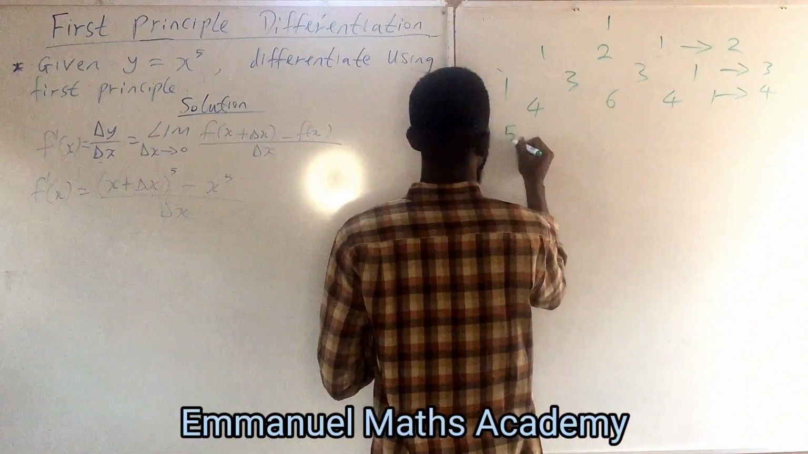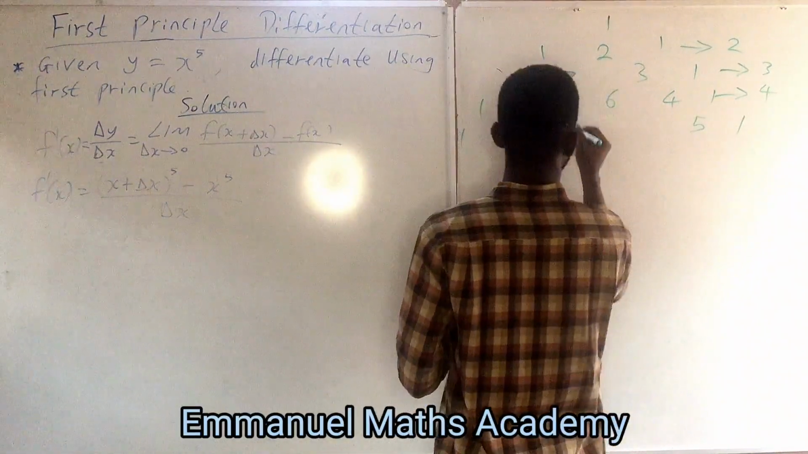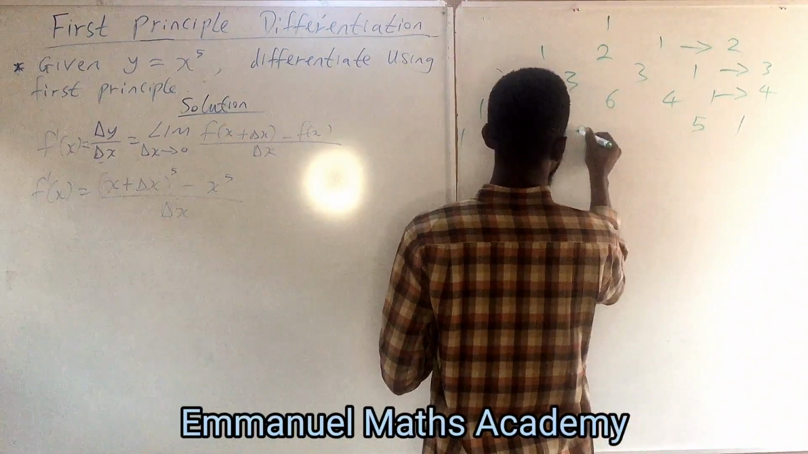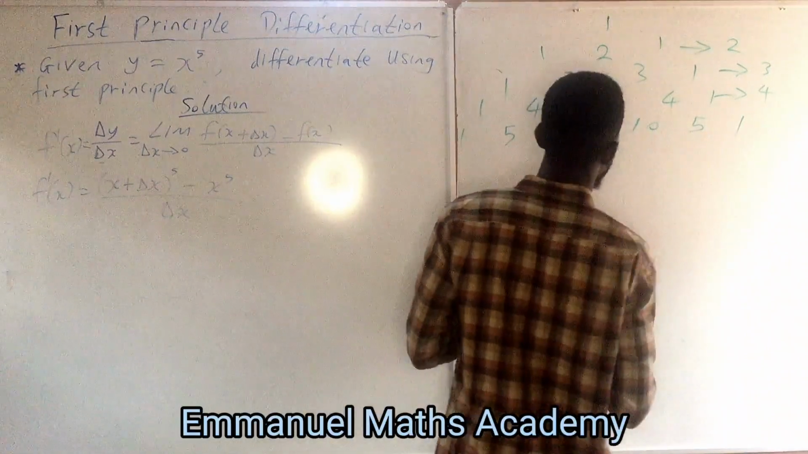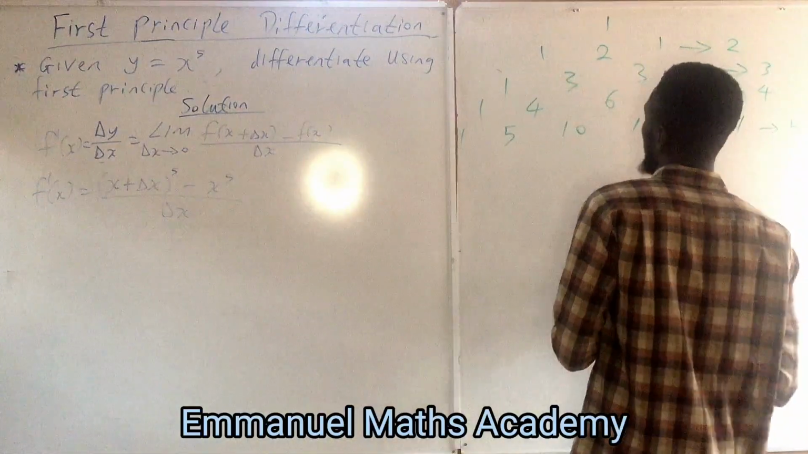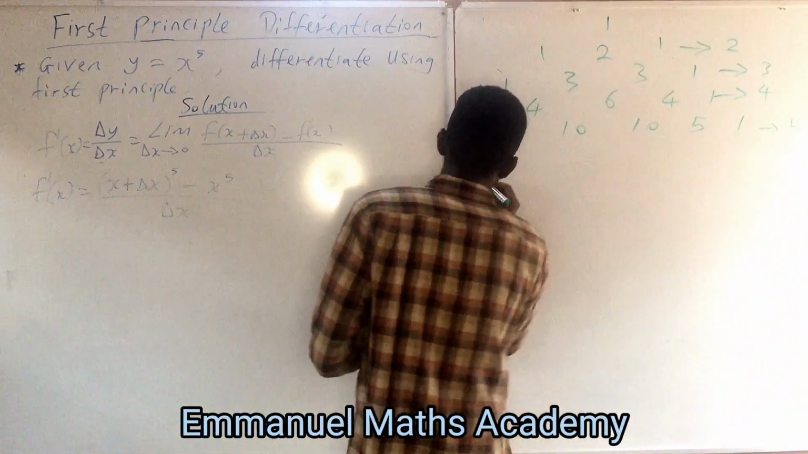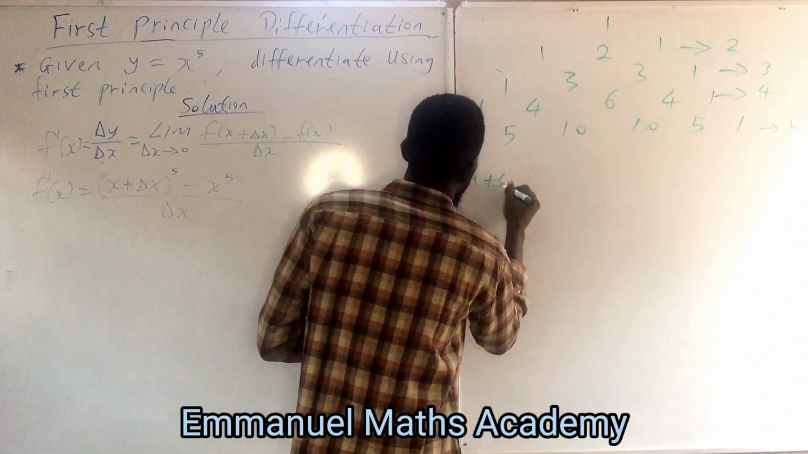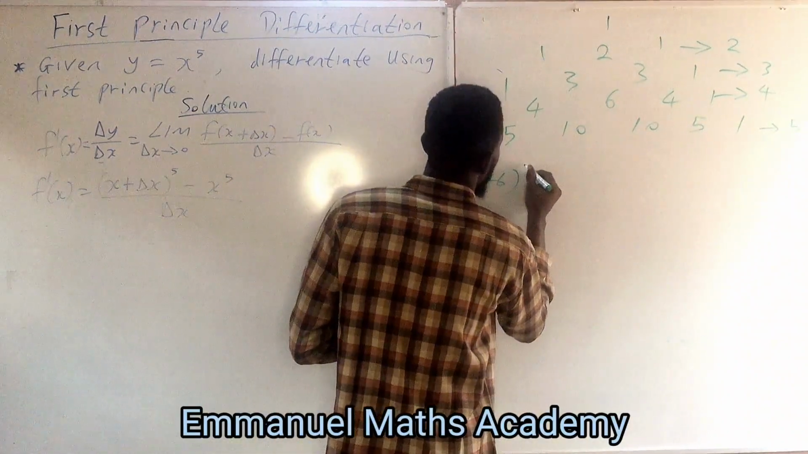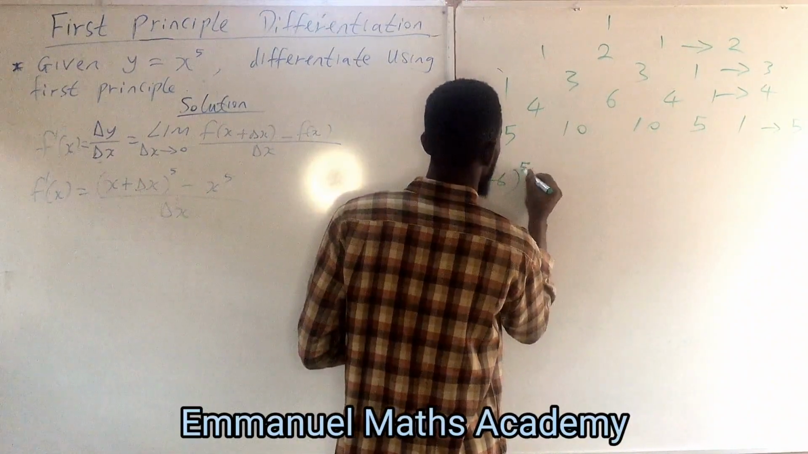For raised to power 4, you add 1, 1. Then for this you have 5. You add 1, 1. This you have 5. This you have 10. This you have 10. Is that clear? This is for raised to power 5, n equal to 5. Now, if you have a plus b power n, and the n is raised to power 5,